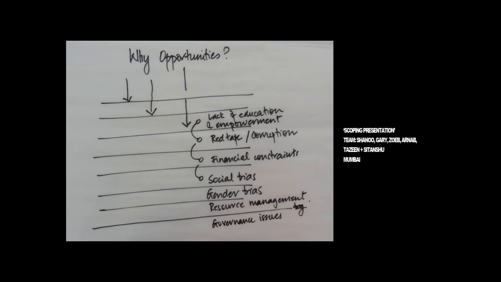And then we said, let's step back and see again, we kept stepping back and seeing whether this concept really makes sense. So we said, why have we focused on the word opportunity? And we realized that there are lots of obstacles today, and the obstacles are present in our system, in our culture, and these are impediments such as lack of education, lack of empowerment, corruption, financial constraints, social biases, gender biases, etc. So we need to really pull through these obstacles and ensure that opportunities reach the deserving, or the ones who are looking for it.